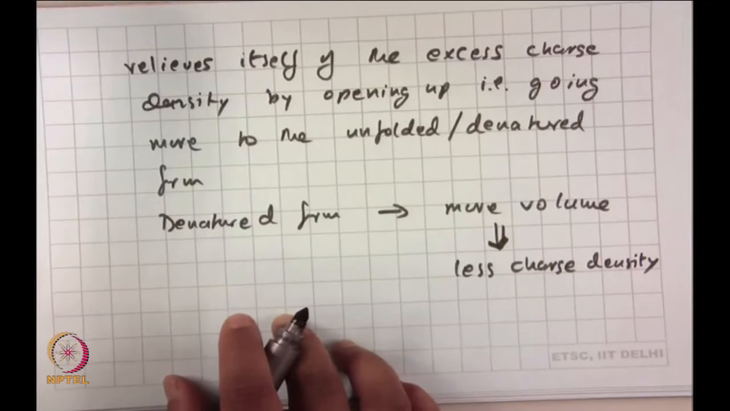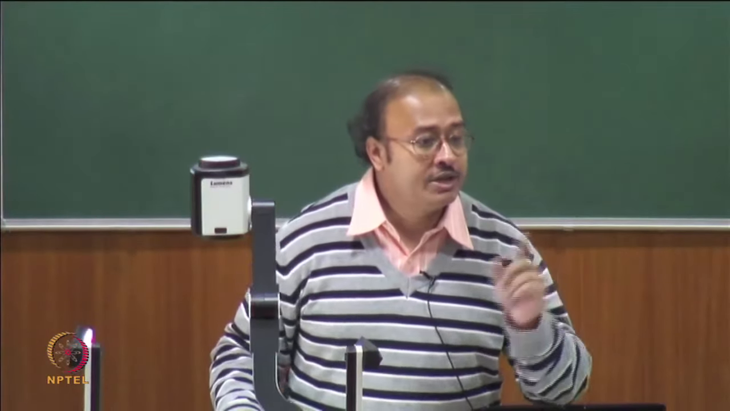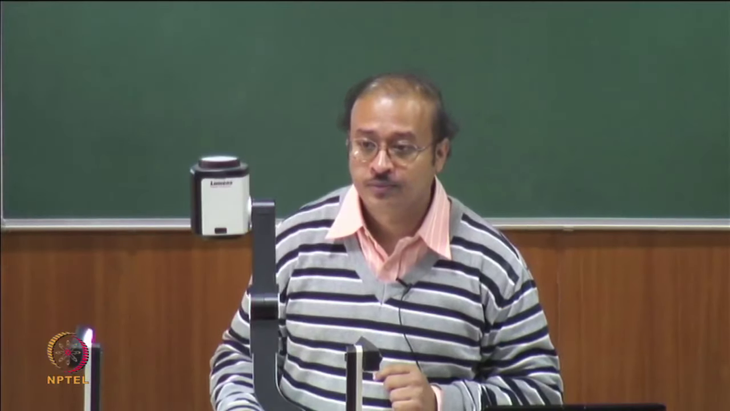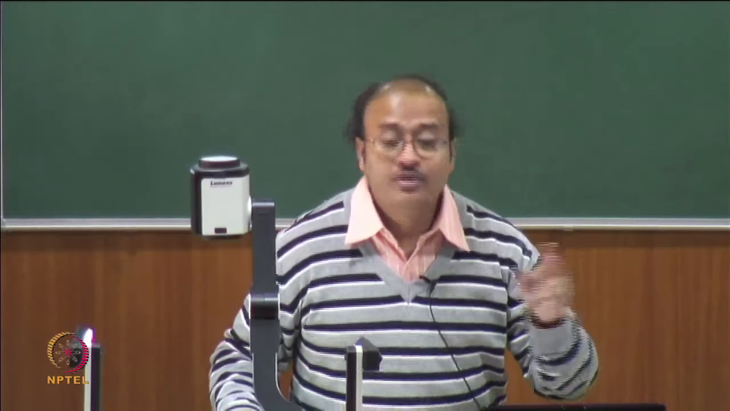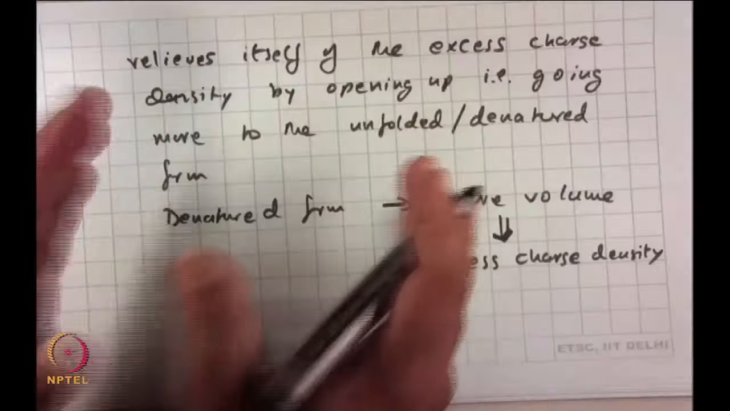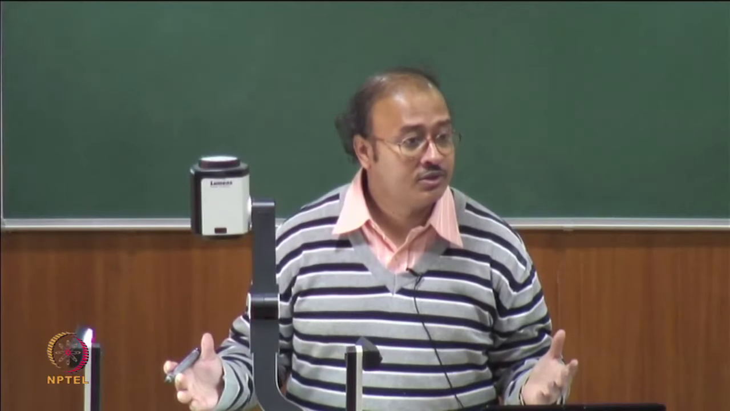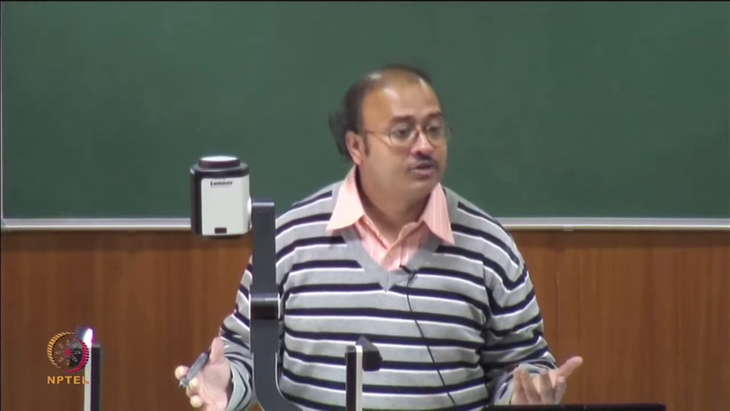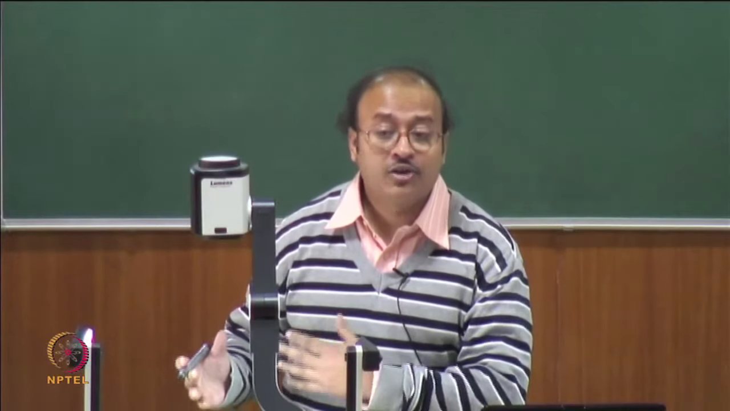So, in effect, if someone asks you, tell me in one sentence, what does a pH induced denaturation mean, or how does it happen? It simply happens because the protein goes to a lower electrostatic free energy, because if it is in the compact form, its free energy is increased, right, because there is so much of repulsive interactions. So, because of this increase in pH, it tries to go to that state where the electrostatic free energy is lowered. So, that means